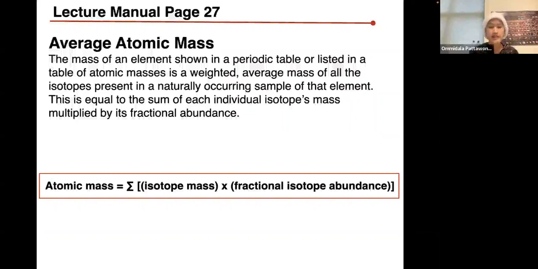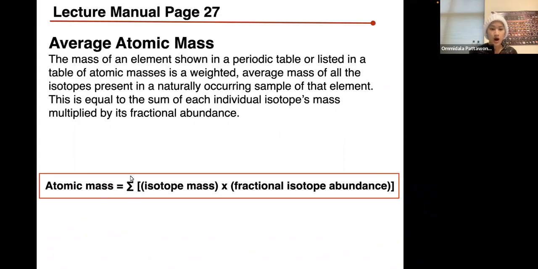From the previous slide, you already see that a sample of an element can contain several isotopes, right? So the next thing we're going to take a look at is how each of those isotopes contributes to the average atomic mass. We are going to use this equation right here to help us find the average atomic